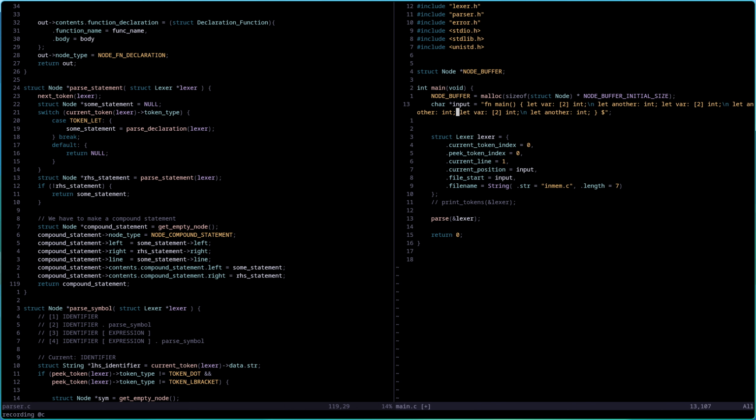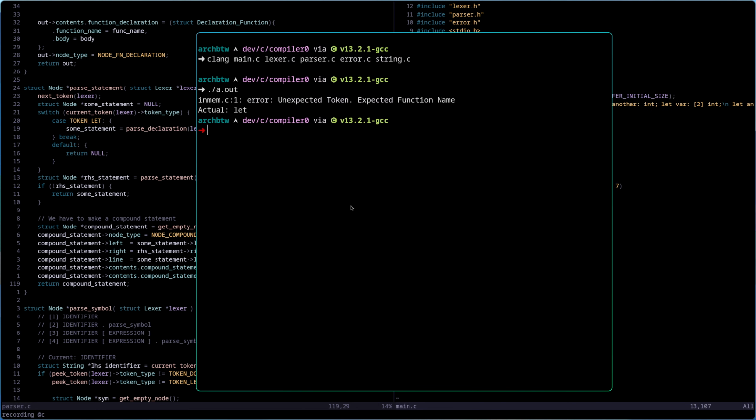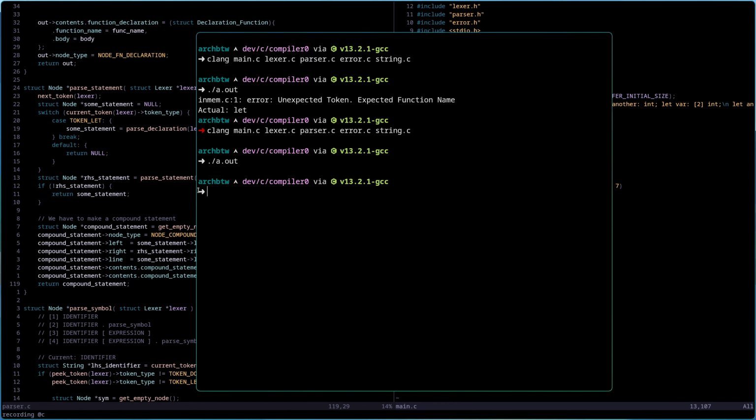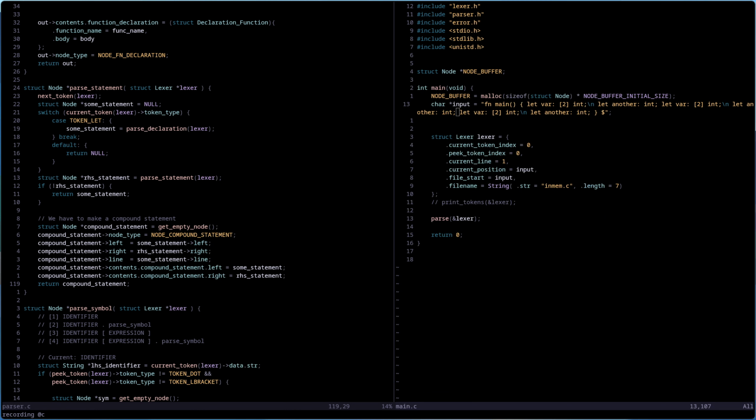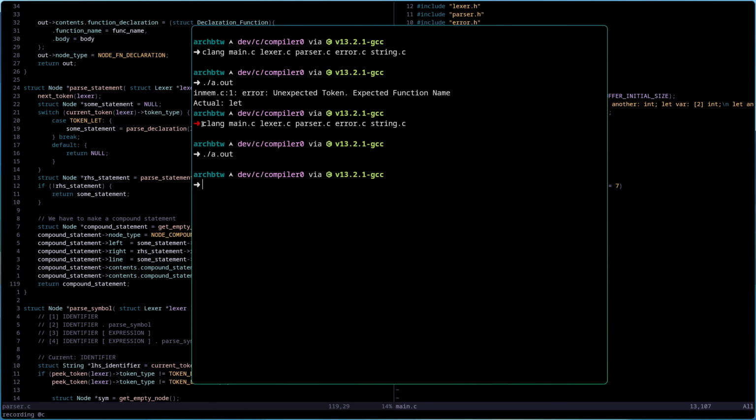Like this maybe. Let's see if it works. It does. Very nice. When it doesn't say anything, it's okay. It's just like any command. If it doesn't say anything, it works. Like the compile stuff.